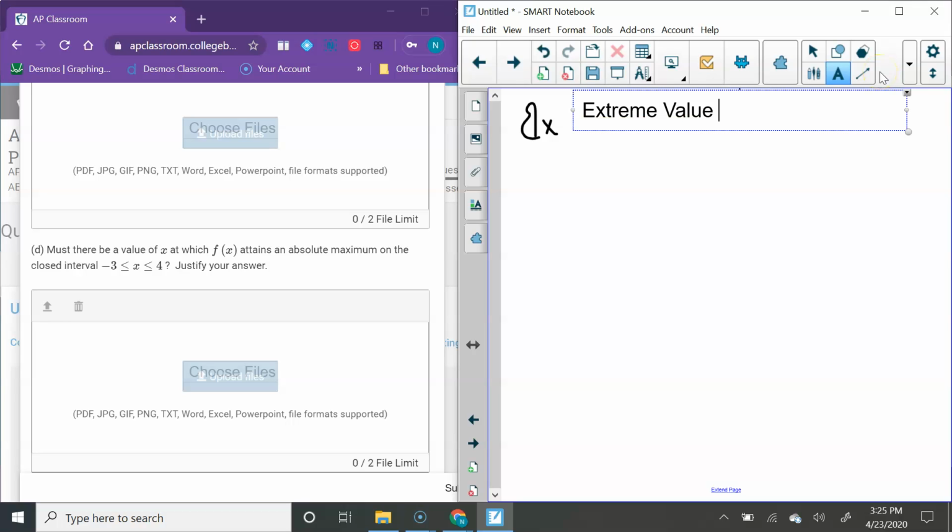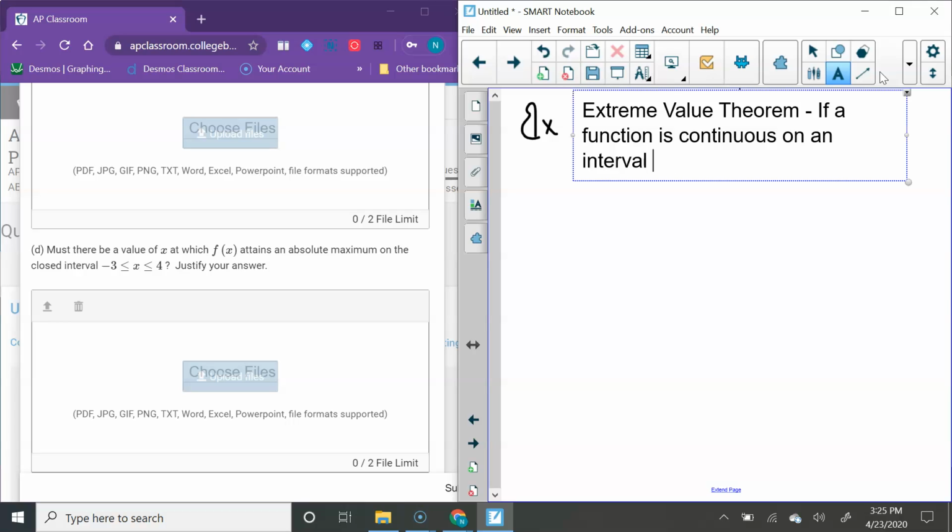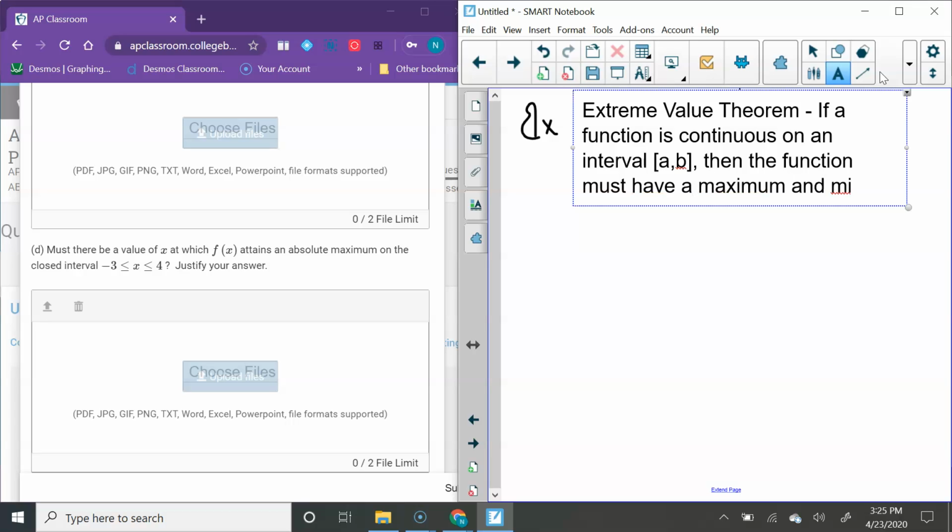extreme value theorem. And the extreme value theorem tells you if a function is continuous on an interval [a, b], then, actually it has to be a closed interval [a, b], then the function must have a maximum and minimum value on that interval. So if the function is continuous, extreme value theorem tells us there's got to be a